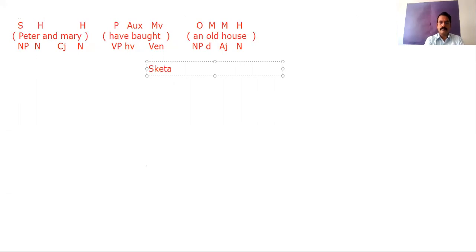Skeleton analysis. Fine. So the function of this verb phrase is predicate, form label is VP. How many elements are there? Have bought. 2 elements are there. So let us draw.